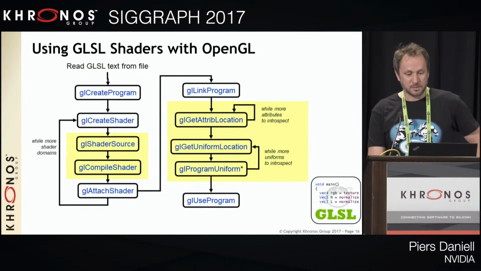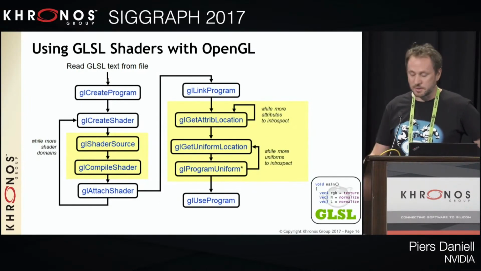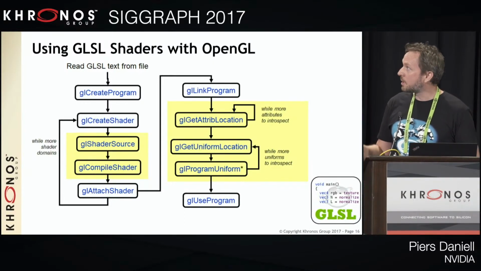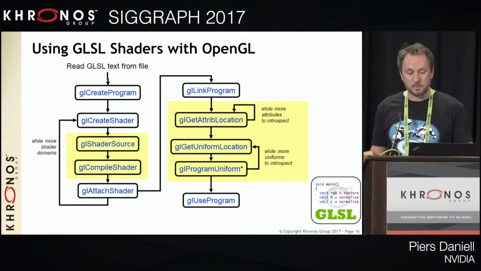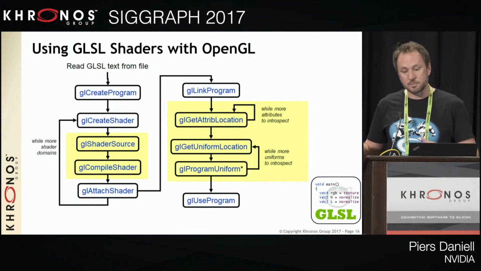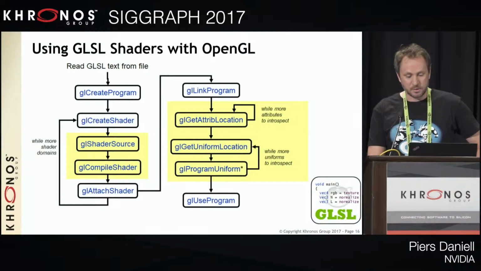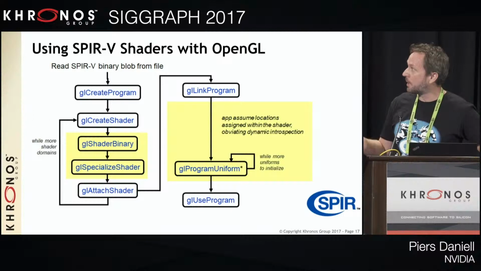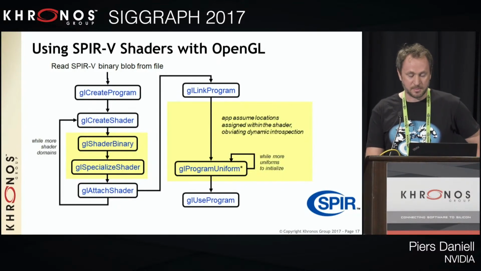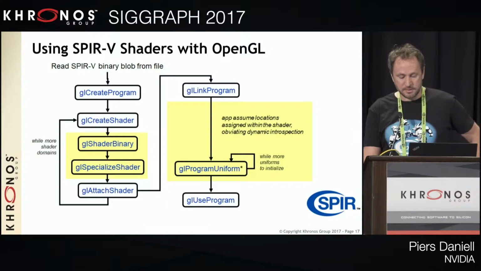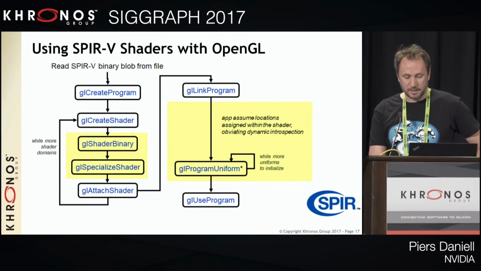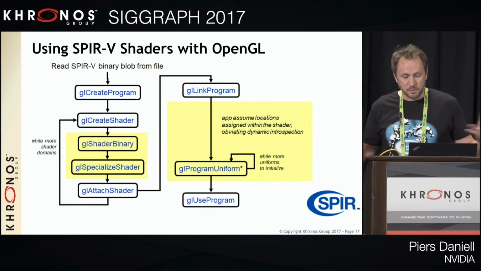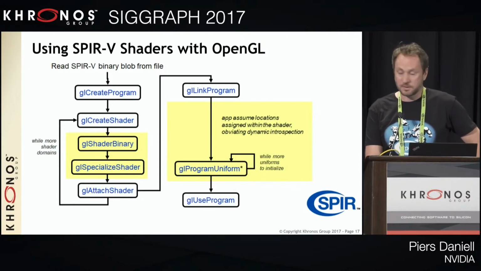And another difference you'll notice with GLSL, especially the original GLSL, is that when you compiled your shader and built and linked your program, you would come in later and say, okay, where is this attribute? What location is that? Where is this uniform? What location is that? And then you program your attributes and uniforms and other resources. But now with SPIR-V, there's no reflection. All the bindings and everything are hard-coded into the shaders themselves. And that's a better thing to do. It lends itself to better parallel compiling, so there are fewer stalls as the API asks for the result of the compilation. You can do more things in parallel. So it's a good thing to not have that reflection anyway.